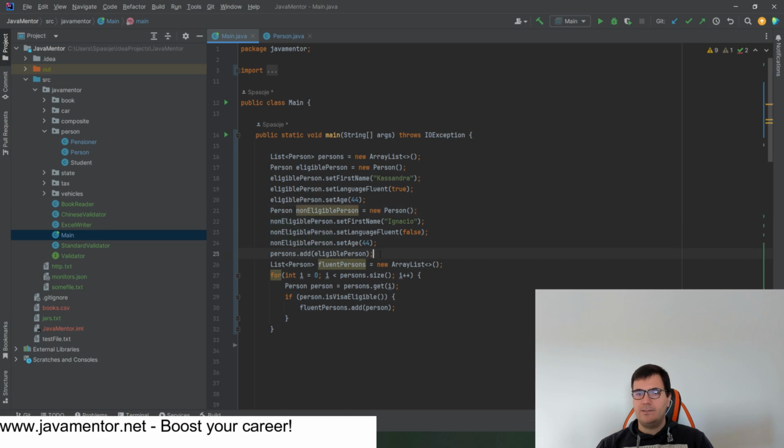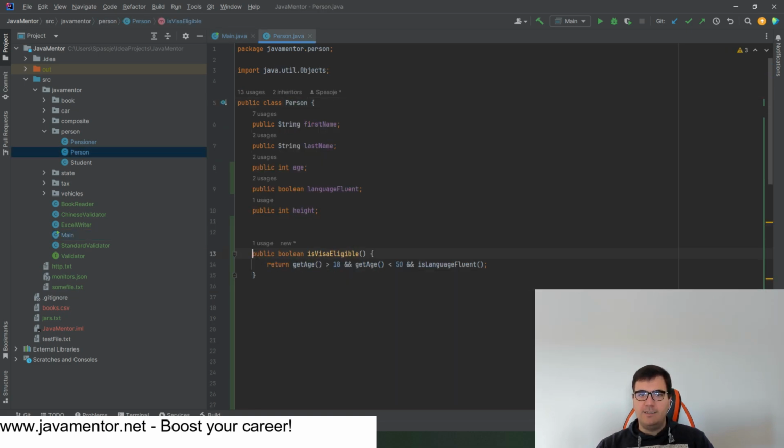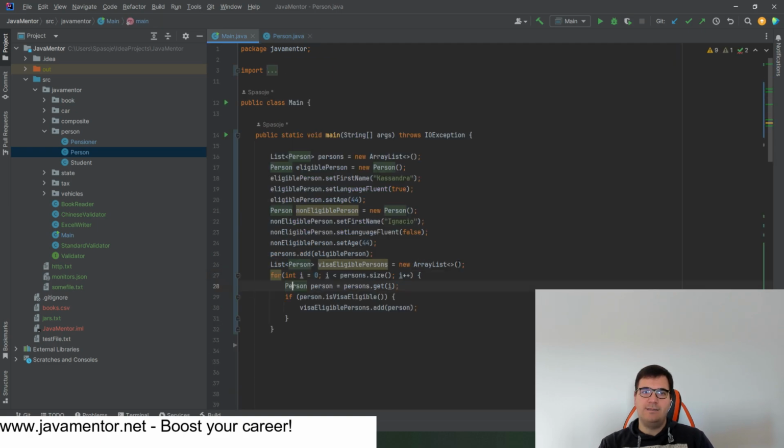And then I wanted to filter only the persons that are eligible for visa and add those eligible for visa persons inside new visa eligible persons, right? And for that purpose, I created one method, is visa eligible. So if a person is older than 18 and younger than 50 and fluent in language, then they are eligible for